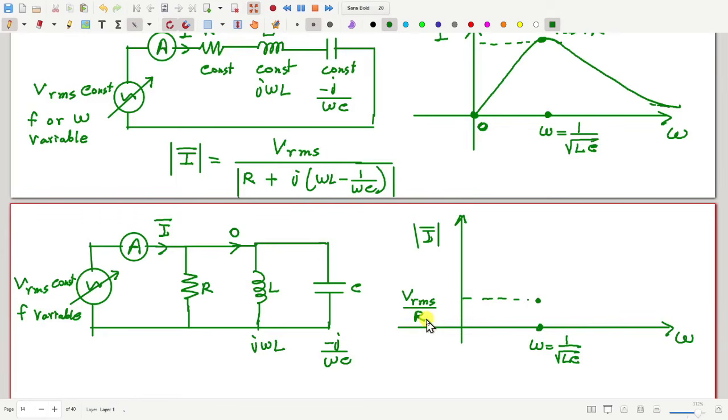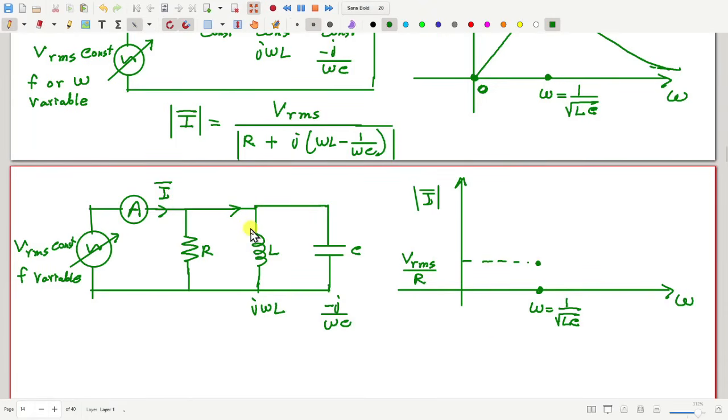Now if I say increase the frequency, what happens? If I take a very large frequency, then what happens? This capacitor impedance at a very large frequency will go towards 0. The capacitor will act like a short circuit at a very high frequency. So therefore, the capacitor will allow a very large amount of current. So we will have a very large amount of current at a very large frequency. Okay,